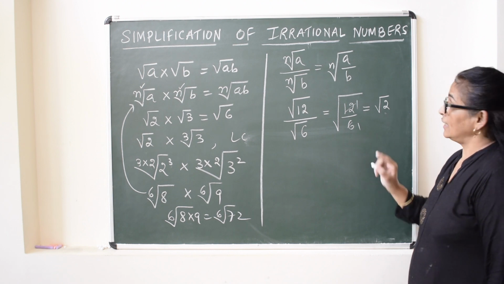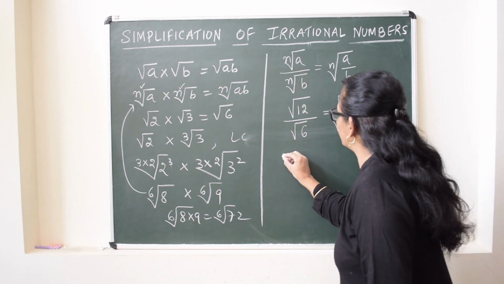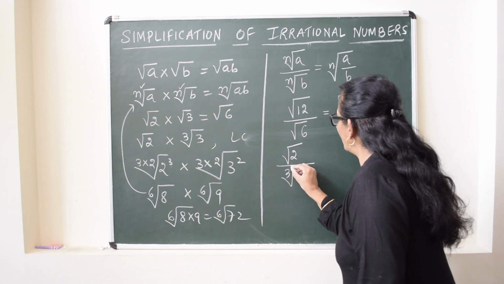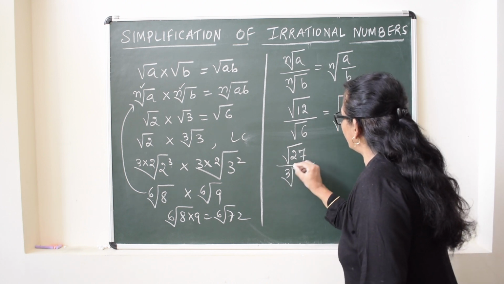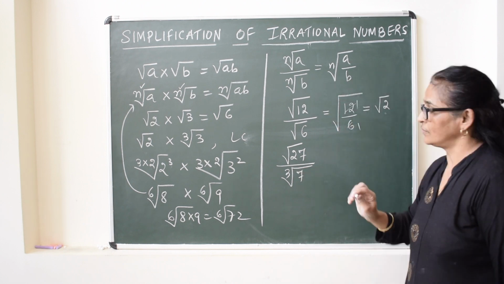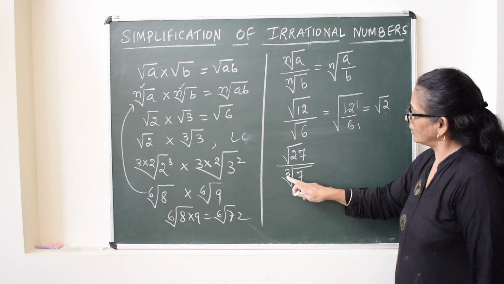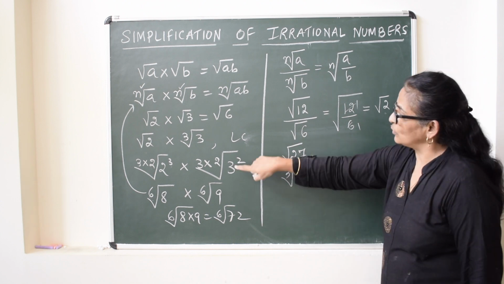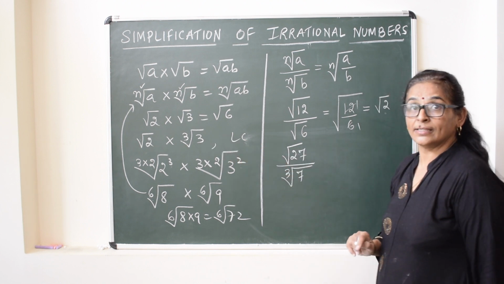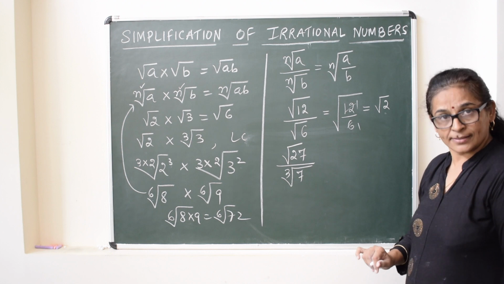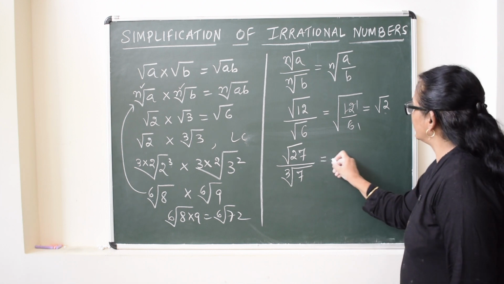But if it is different, means under root of 2 upon 27 and under root of cube root of 7, means what we have seen, different order, then you cannot directly divide it. So same rule, what will we do? We will find out the LCM and then we will combine. So LCM of 2 and 3 is 6. So this we will rewrite it as